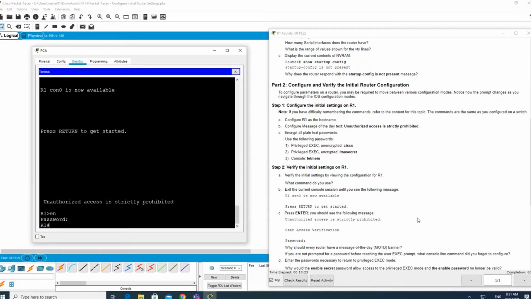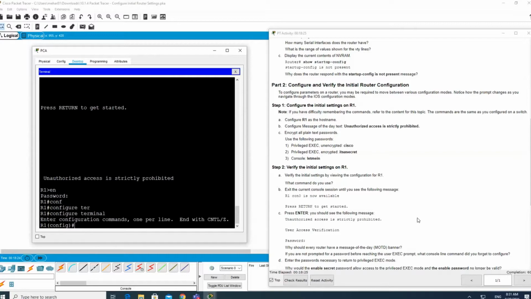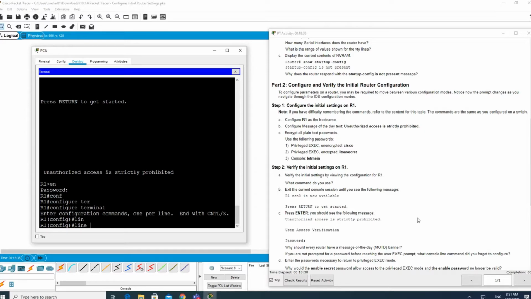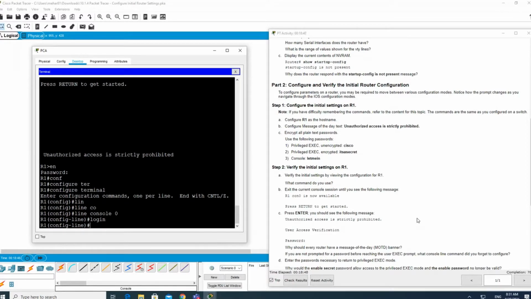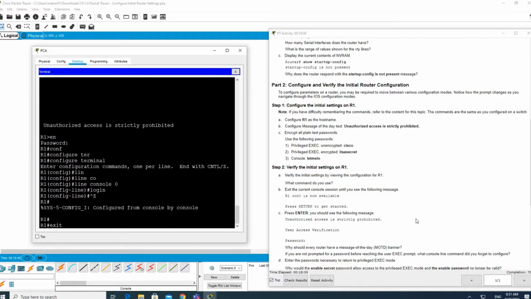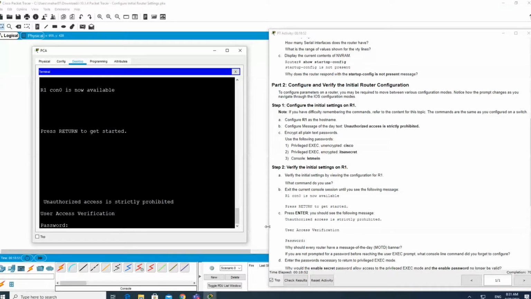If you write the login command, then it will prompt you for the console password. Now you can see here line console 0, we just need to write the login command, because we forgot to write it. Now you can see the difference. Exit. Now user access, let me in.